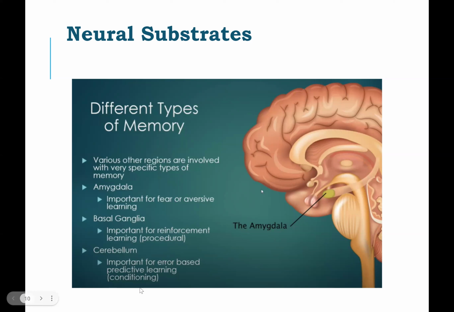Cerebellum that I mentioned in the back of the brain is very important for error-based predictive learning. As I said, there's a sequence of movement that you have to generate, and if you throw a dart and it's a little off, you try to control that. These sorts of corrections of motor movement are involved in cerebellum. So people have mapped out different areas being involved in different things. Again, don't ever take any of this as, oh, this is the only area that does this and doesn't do anything else, or no other areas are involved in it. These are just general involvement. So take it with a grain of salt.